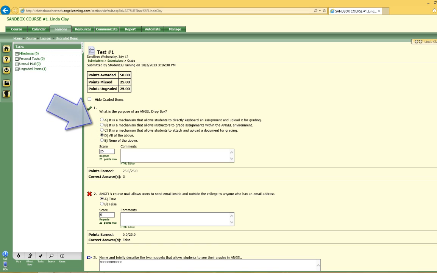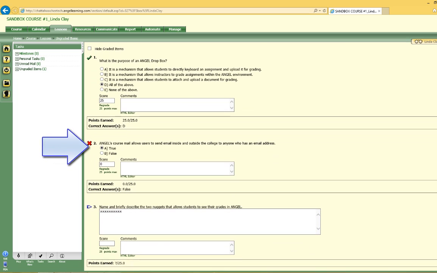When you see a green check mark, that means Angel was able to grade this question. The student got the question correct, and Angel assigned the maximum number of points allowable for this question. When you see a red X, that means Angel was able to grade the question. The student got the question incorrect, and Angel assigned 0 points for this answer. You don't have to do anything when you see green check marks and red X's, because Angel already assigned points